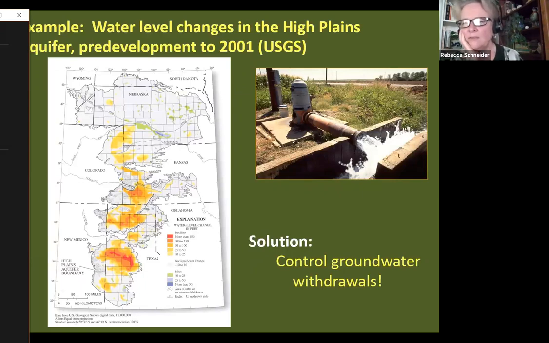To show you how extensive groundwater overdraft is, this is a map of the water table decline. That's a lowering of the top of the water, groundwater, throughout the Ogallala or High Plains Aquifer, which covers about 7 states in the mid-center of the United States. It's been pumped for agriculture to support plant growth, crop growth. And where it's orange, that's a decline of water tables have dropped more than 150 feet. So much of what you're seeing is the water tables are deeper than 50 feet compared to where they should be due to groundwater overpumping. That means the streams are dry, wetlands have disappeared, even the grass communities don't do as well, and it's all used for irrigation.